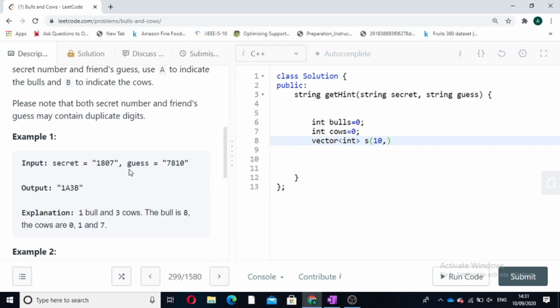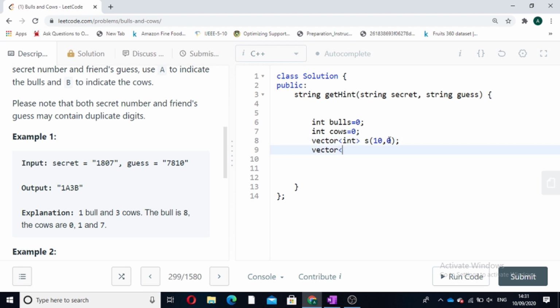Why 10 elements? Because the elements of the string are digits, like this is 1807. So the maximum number that can come is 9 and the minimum number is 0. So 0 to 9 is 10. Therefore we will create a vector of size 10 and we will initialize the elements with 0.